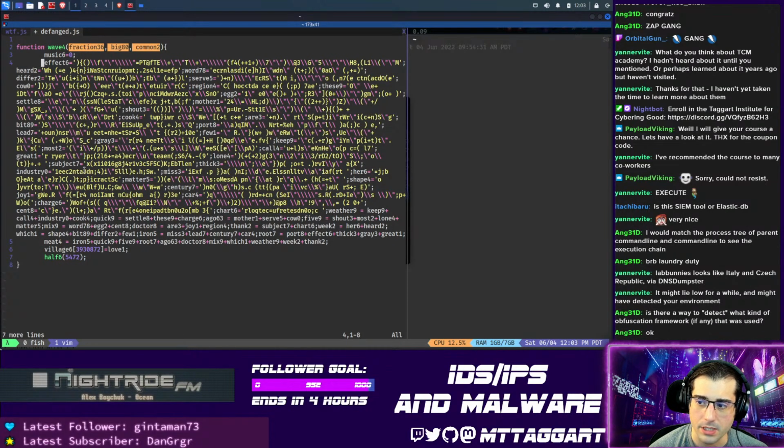And obviously, what are we seeing here? It's doing a lot of string obfuscation. It's doing a lot of splits, things like that. Okay. And then it's combining them together. And then it's calling this function half6. Well, we're going to comment that out for right now. But what we are going to do is